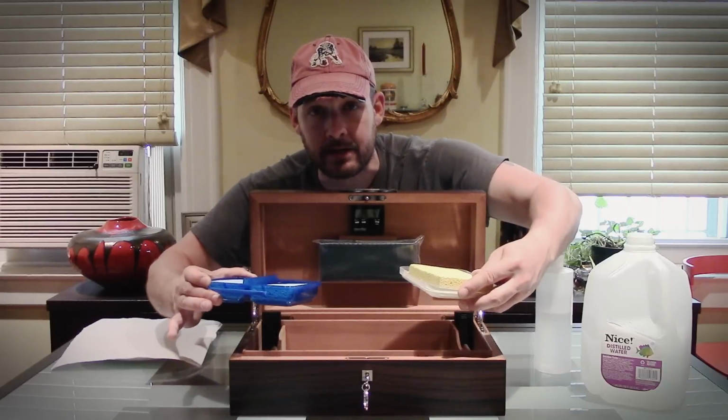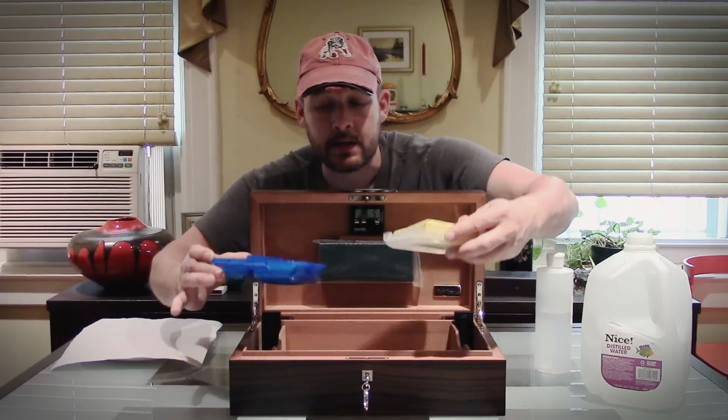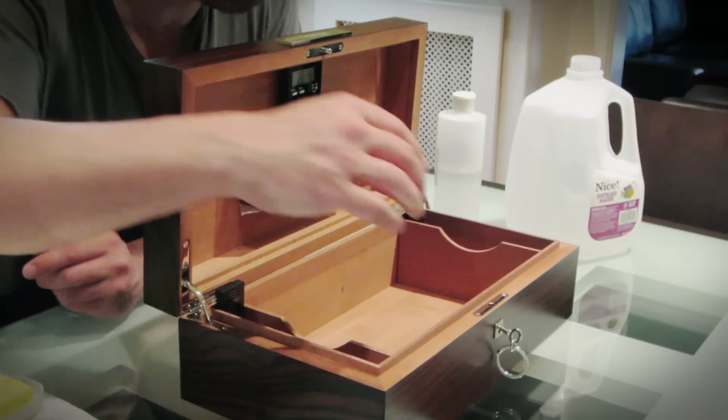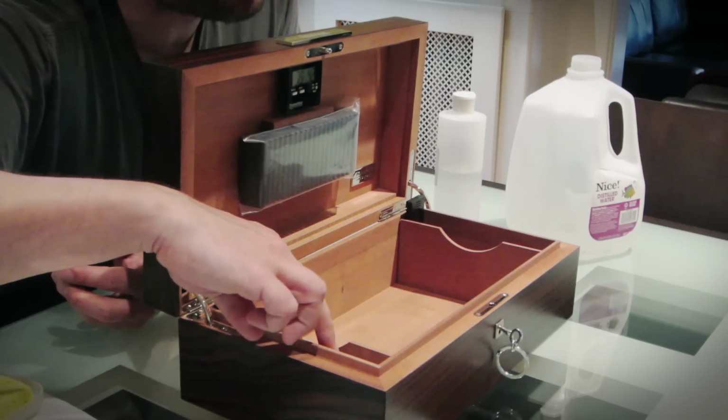Don't peek. Leave it alone. Put a towel over it or something and forget you own it. Okay? That's what we're going to do. So we're going to saturate these sponges, and I've organized this into compartments here so that the hygrometers that we're